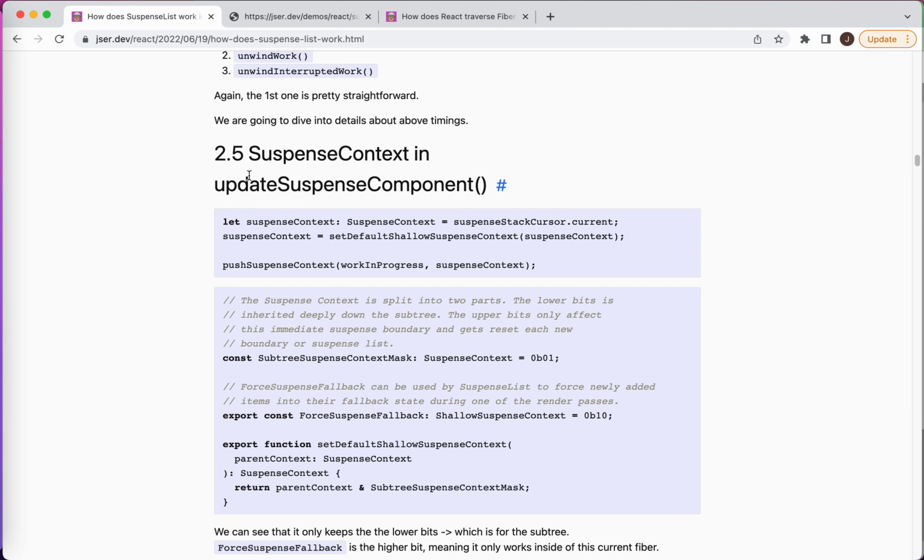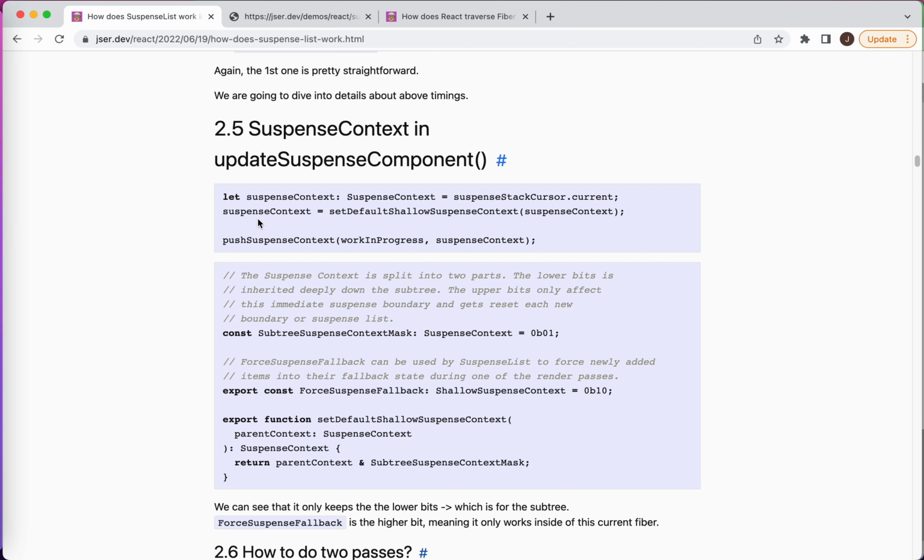So Suspense context in update Suspense component. In the update Suspense component, we can see that we get the current Suspense context from the Suspense stack cursor. This is just the internal implementation, you don't need to worry. Suspense context is set to default shadow Suspense context, so it's kind of shadow copying the context and passing it along. Push context,